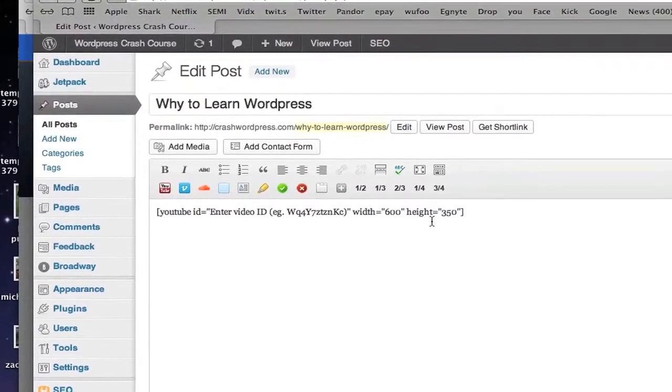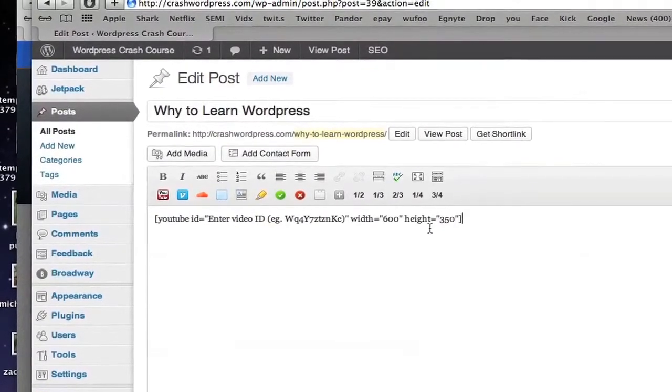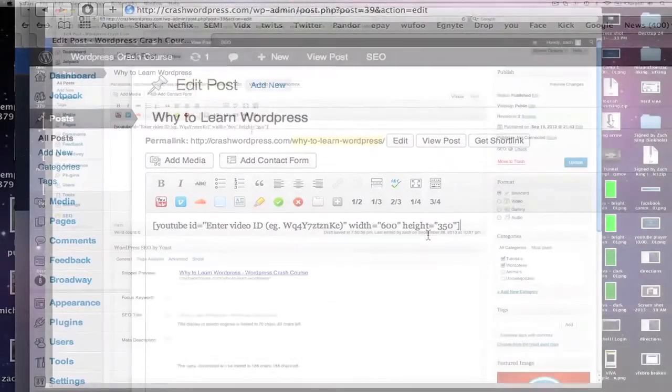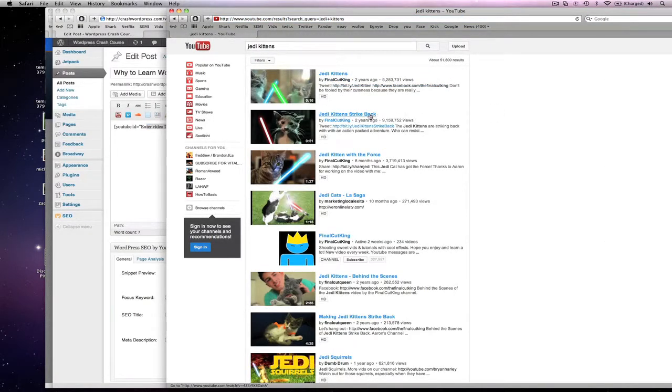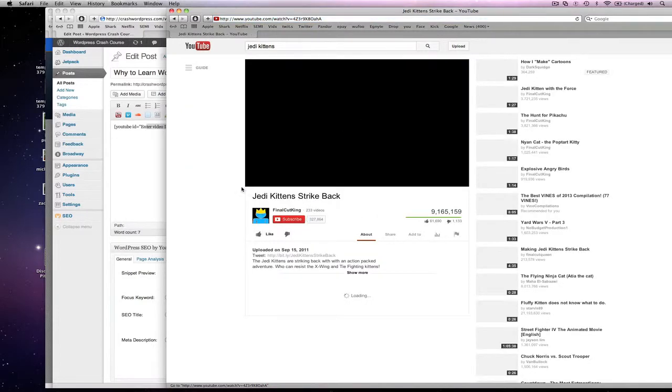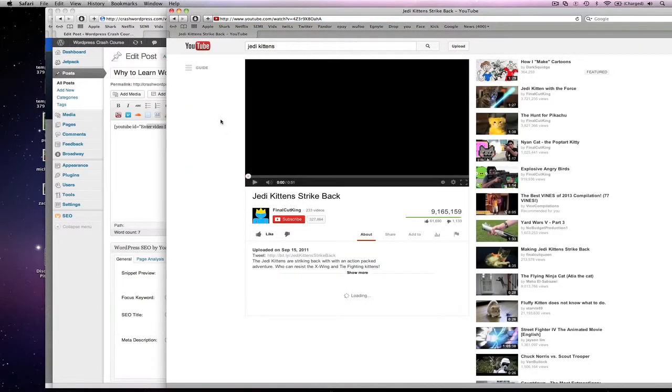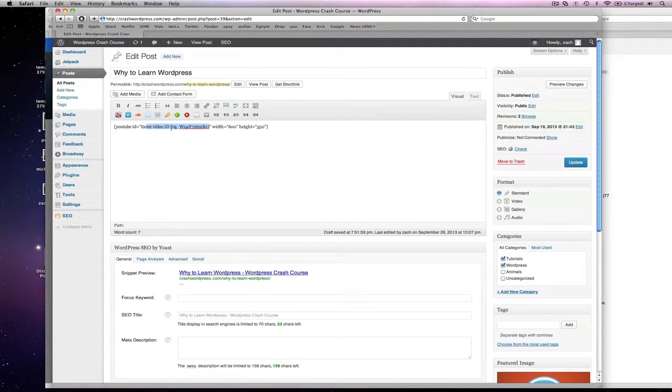This is what is called a shortcode, with the brackets on each side. There's a lot of shortcodes for websites. I'll talk about this in a second, but you can see here it's telling me how to enter the video ID. So on YouTube, I'll pull up one of my YouTube videos. This is called Jedi Kitten Strike Back, and if I want to get that video ID right here,